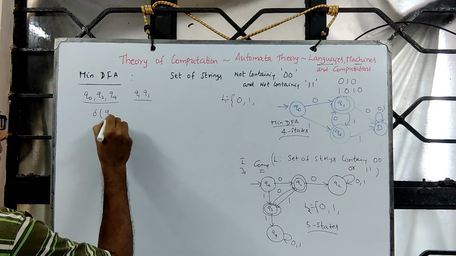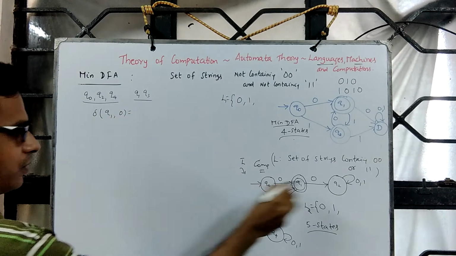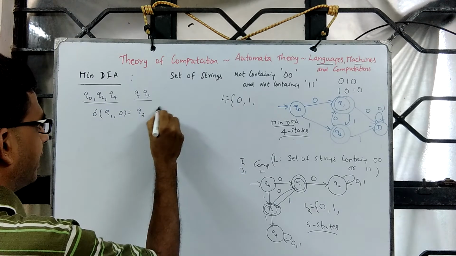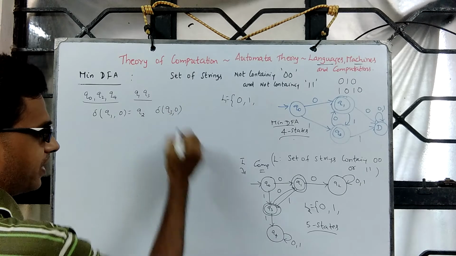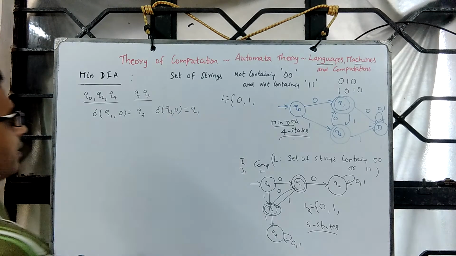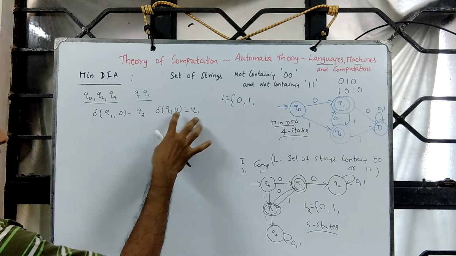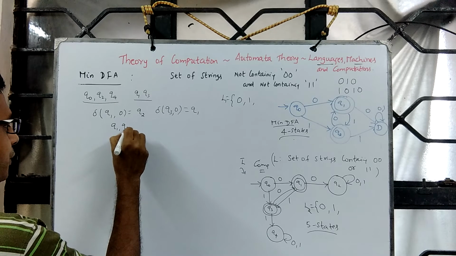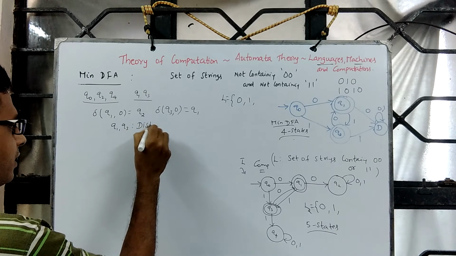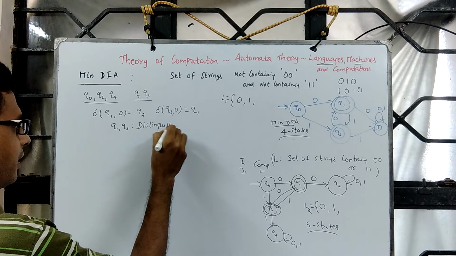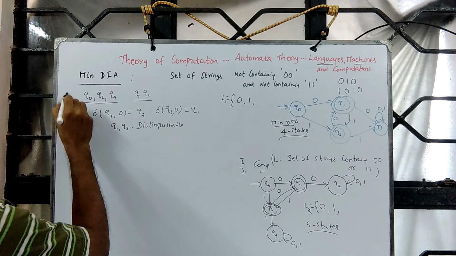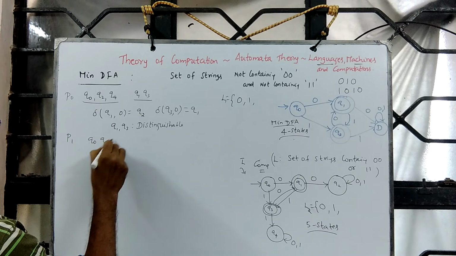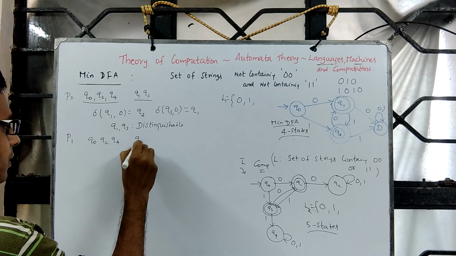Delta of Q1, 0 is Q2, and delta of Q3, 0 is Q1, which means the outputs are in two different blocks. That shows that Q1 and Q3 are distinguishable, which means split the partition, P0 becomes P1, so you get Q0, Q2, Q4, Q1